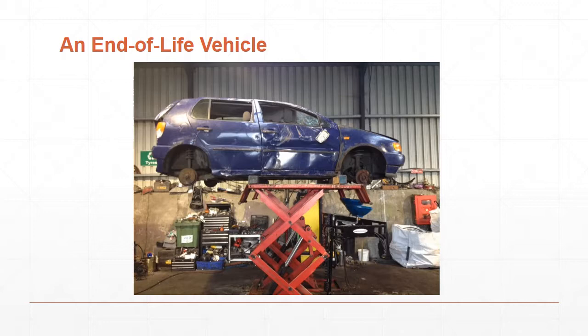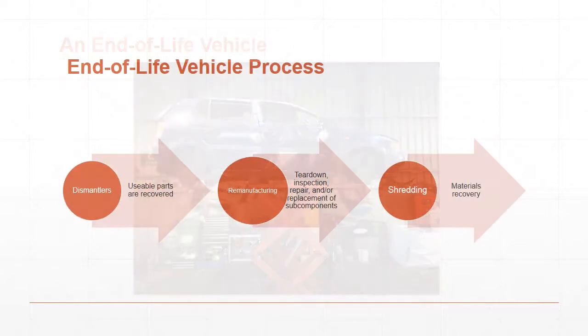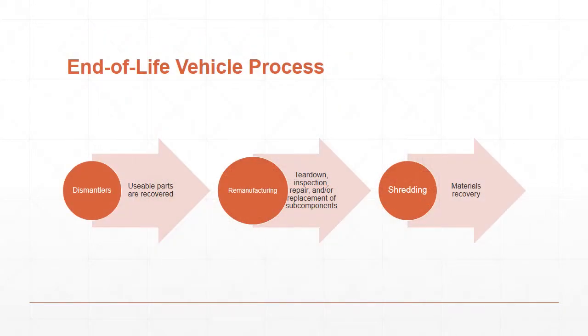Essentially, an end-of-life vehicle is just a vehicle where the previous owner has decided that it doesn't have a use for it anymore. It's where the owner has run the course of the useful life of his vehicle, so he started to recycle it. Now, when a vehicle has been termed end of life, essentially it goes through three big